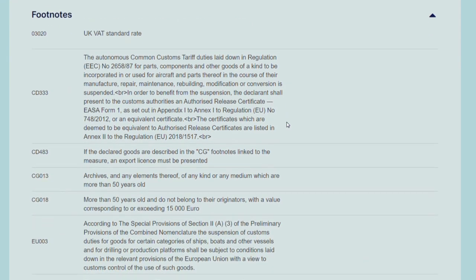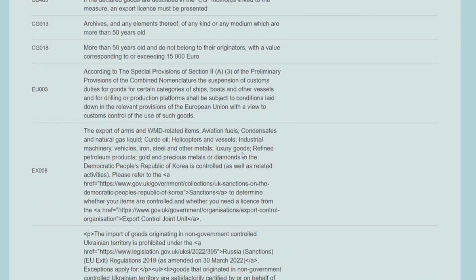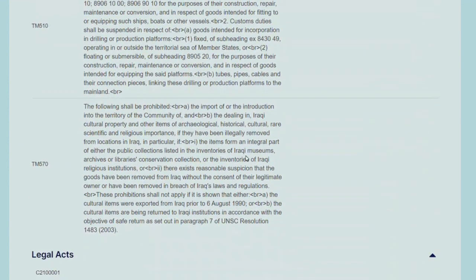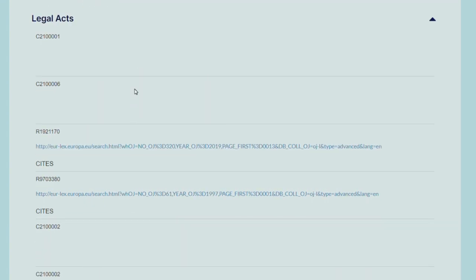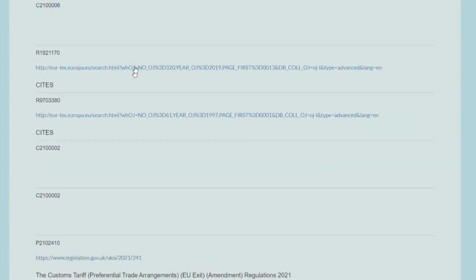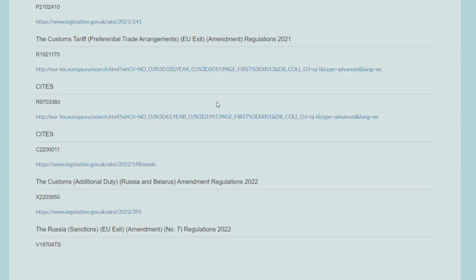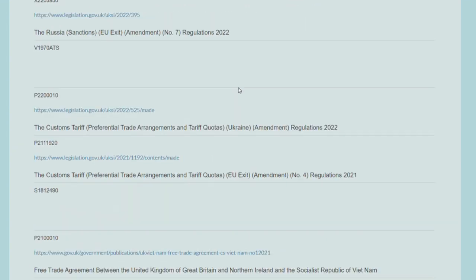For instance, there is one about EASA certificate, and there are also those about exporting to North Korea, Ukraine, and Russia. And here we have a list of legal acts. Due to the way the HMRC data is structured, some of these codes don't really contain any useful data, so Luke can skip over them. These legal acts, such as CITES or the Washington Convention, contain the measures we just went over. Again, Luke's legal department will need them and the links to them, such as this one, to verify what they need to verify.